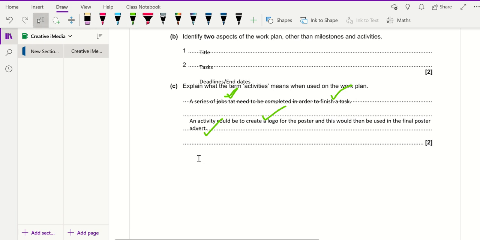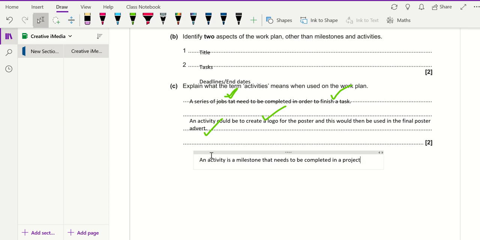You could also say an activity is a milestone that needs to be completed in a project.